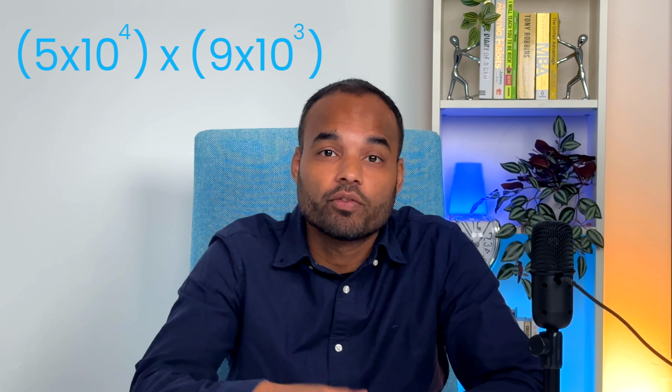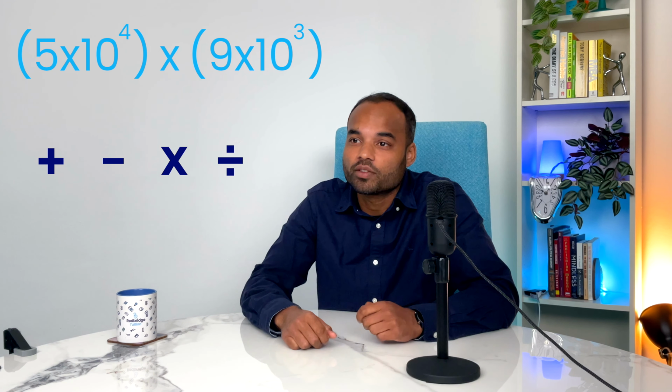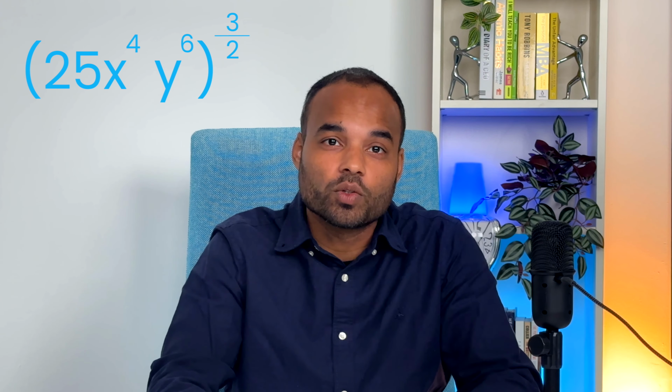Next up, standard form. Make sure that you're able to change numbers from ordinary into standard and vice versa. But also make sure that you're able to carry out the 4 operations with numbers that are in standard form. Right, so that's addition, subtraction, multiplication, and division. After standard form, we have algebraic indices, so make sure that you know your index laws and are able to